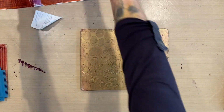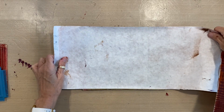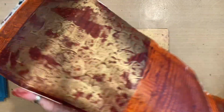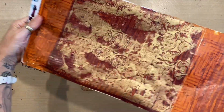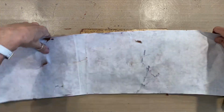All right. So we'll start with the darkest end, which is here. That has the most layers. And I'm going to give it a real light touch and pull it up. Ooh, that is fun. Look at that. That is a lot of fun. So you can really see that on top because the metallic is opaque. So that's super cool. And I've still got another print, so I'm going to pull that with a nice light